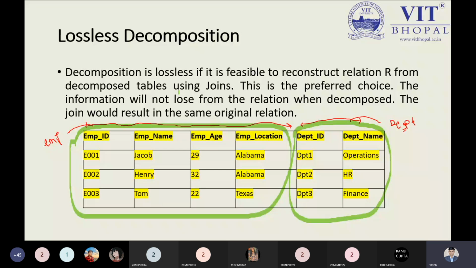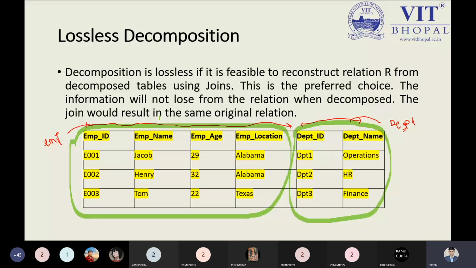So employee and department we can do without any doubt, but at least one common attribute is required to get the data properly and without losing any information. There's no guarantee if you're not using the common attributes. After decomposition and after applying the join operation, you should get the same number of elements. It may happen that you will not have it.